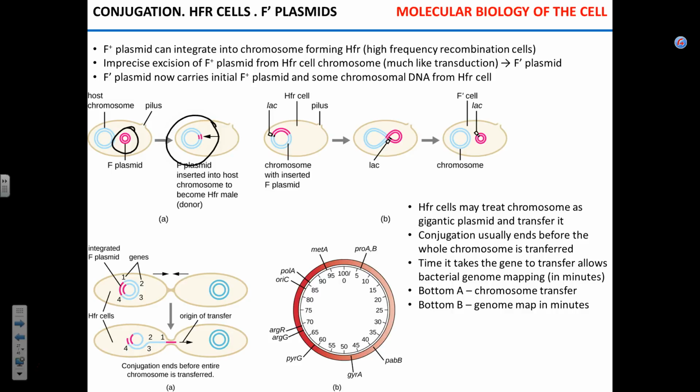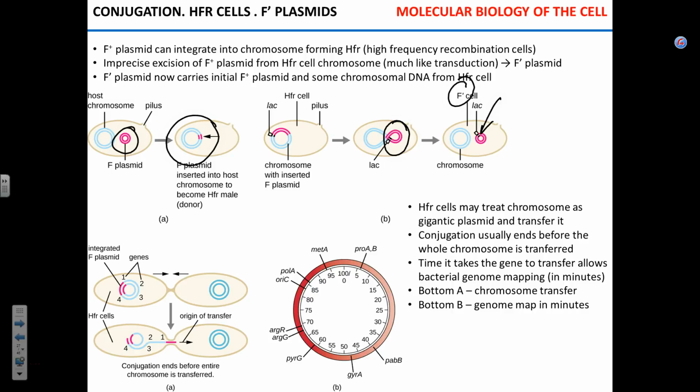So when this plasmid gets excised back out of the chromosome, it can now contain a little fragment of the bacterial genome. Does that make sense? You put the F plasmid into the chromosome, then it gets excised from the chromosome. But what comes out is slightly different from the original F plasmid. So it's now called an F prime